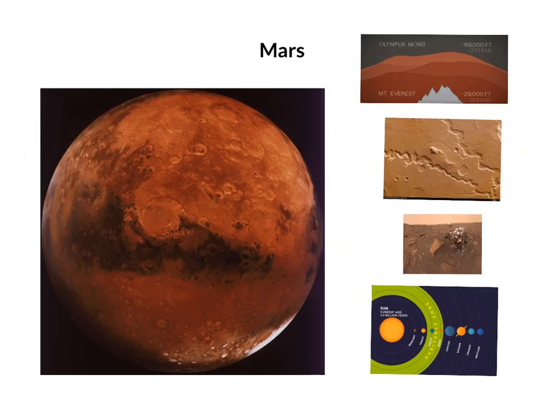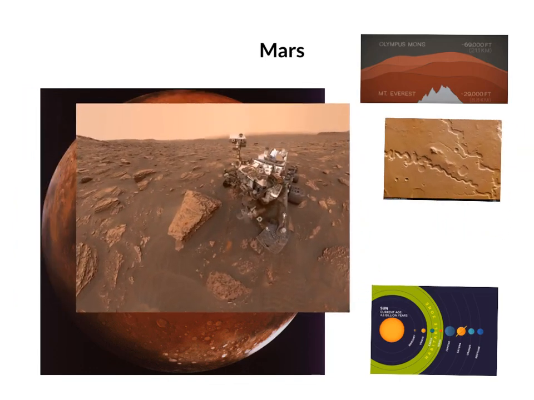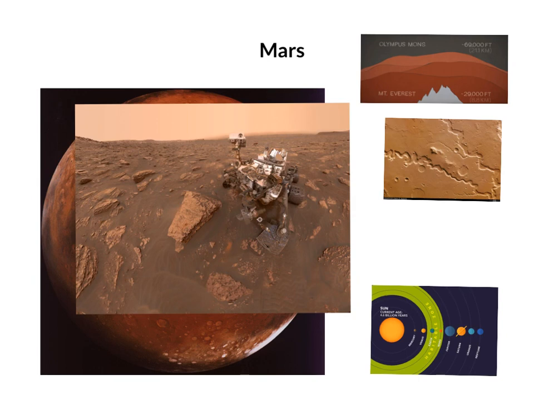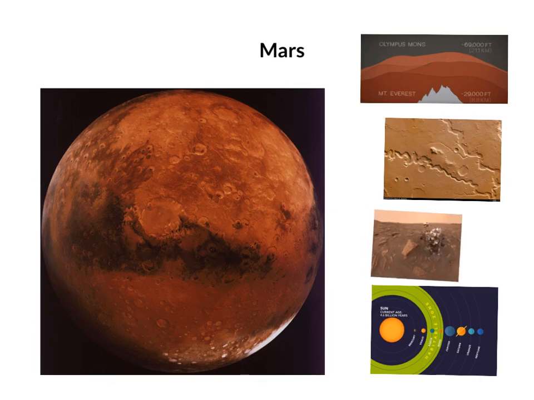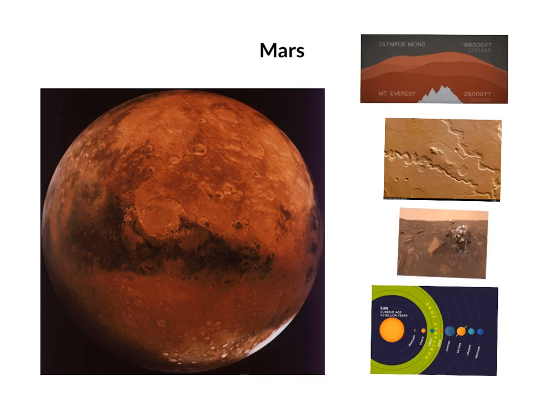So we know a lot about Mars because we've studied Mars with these rovers. This is a selfie. I'm not sure how it got this picture, but we've sent several of these up there. There's currently 2, I think, still in operation on the surface of Mars. So we're studying Mars a lot for a couple reasons. One, it's pretty close to Earth compared to the other planets, so it's easy to get to. 2, because of its past, because we know there used to be water there, and for another reason, we think